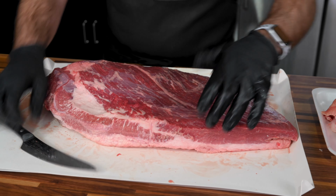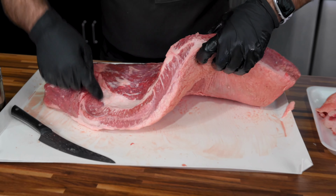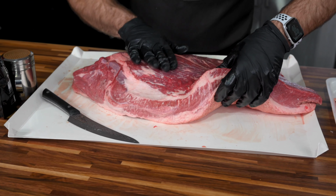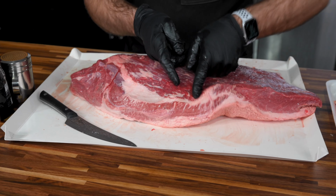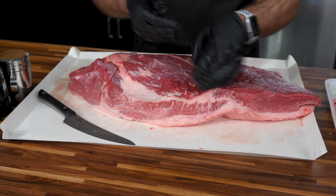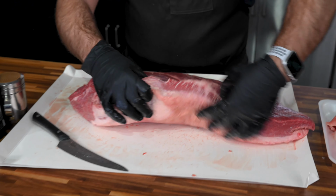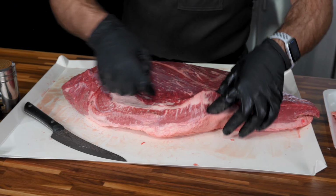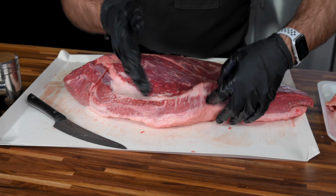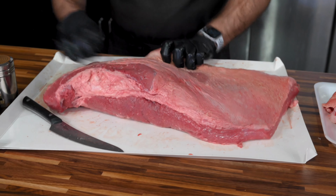What we'll do to get started though is we're going to flip it over and look. If you look right here, you can see that fat vein that goes between the flat and the point, it stops about right here. So that's about where the point comes underneath the flat and stops. So I'm going to look at both sides, kind of get an idea of where that's at. And you can see the point actually comes down to here. So we're going to go 2 or 3 inches in front of where they connect,